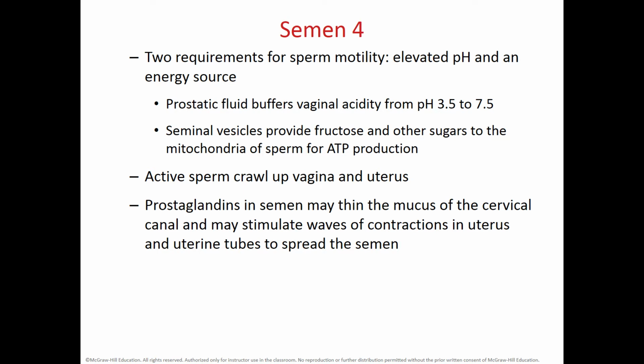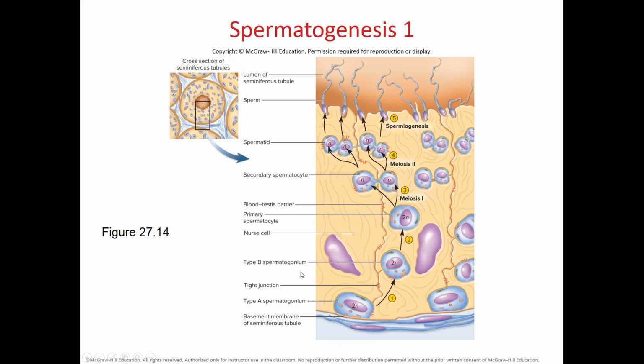Now, another function of the semen fluid is that it contains prostaglandins, which will thin the mucus at the cervical canal and also stimulate contraction of the uterus and the uterine tubes to help spread the semen. So this is the diagram showing you